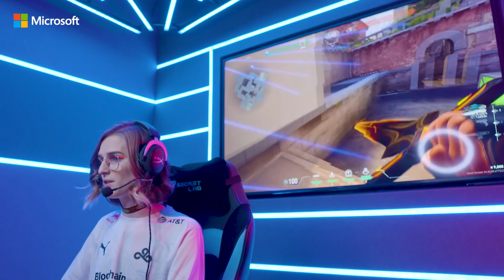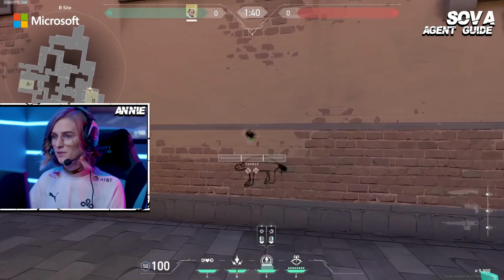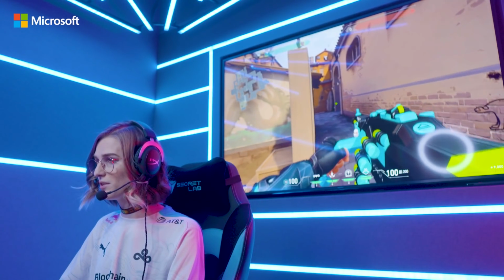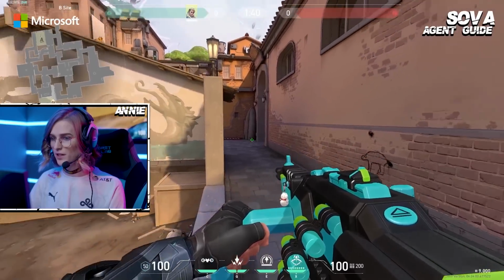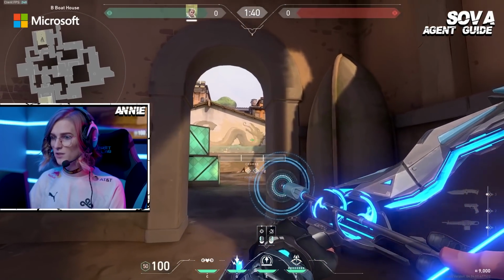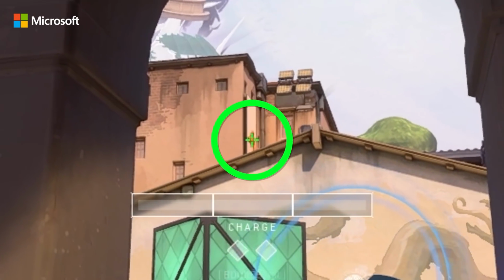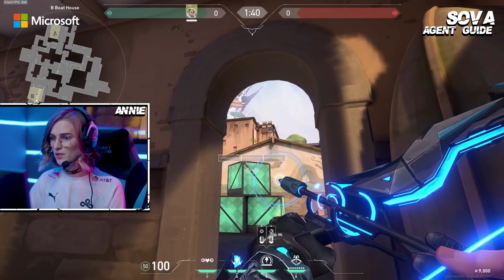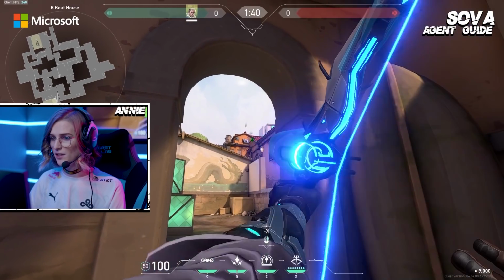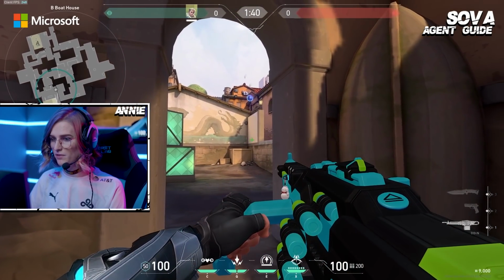So playing Sova at B side is pretty easy. Pretty much the starting position is right here, spam, you know, you can dart. If you want to be a little bit more advanced, you generally want to save your dart for when they're execing and you want to fall back to site right here. And what I like to do is either fire a dart where this giraffe head is. This is a pretty good dart, or just anywhere on this sign up here above them as they're coming